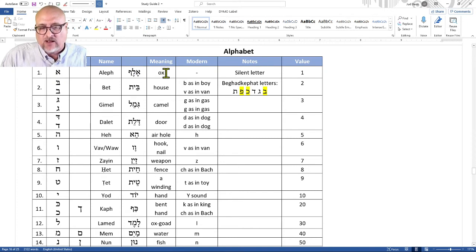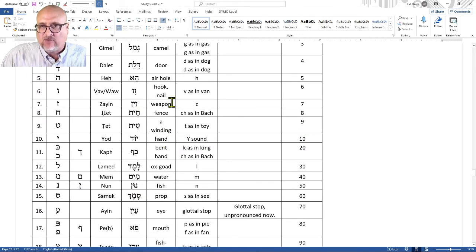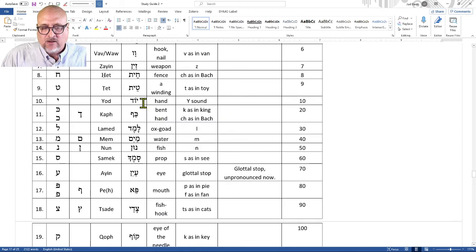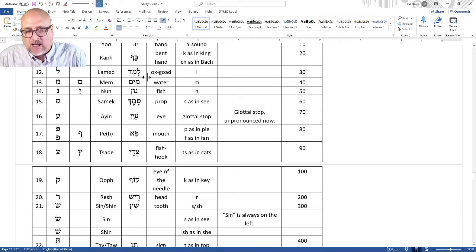So Aleph is how you say ox, Beit is how you say house, Gimel is how you say camel, Dalet is how you say door, He is how you say air hole, Vav is how you say nail, Zayin is how you say weapon, Chet is how you say fence, Tet is how you say a winding, Yod is how you say hand, Kaf is how you say the palm of your hand, Lamed is the ox goad, Mem is part of Mayim, water, Nun is another word for fish,